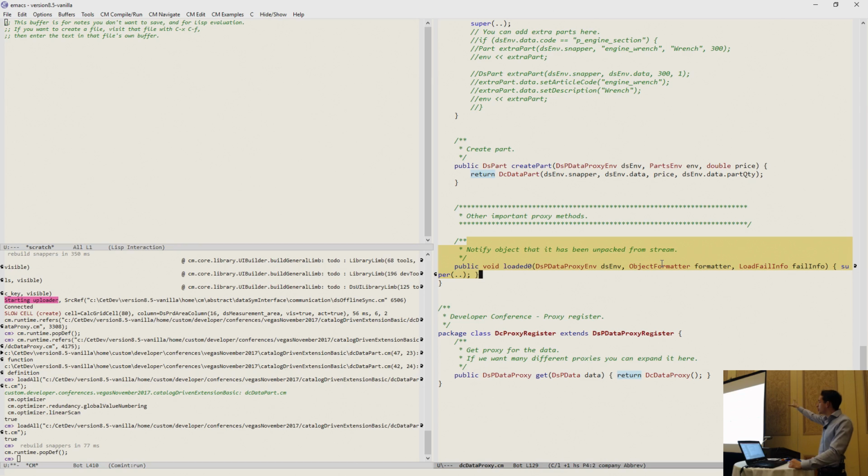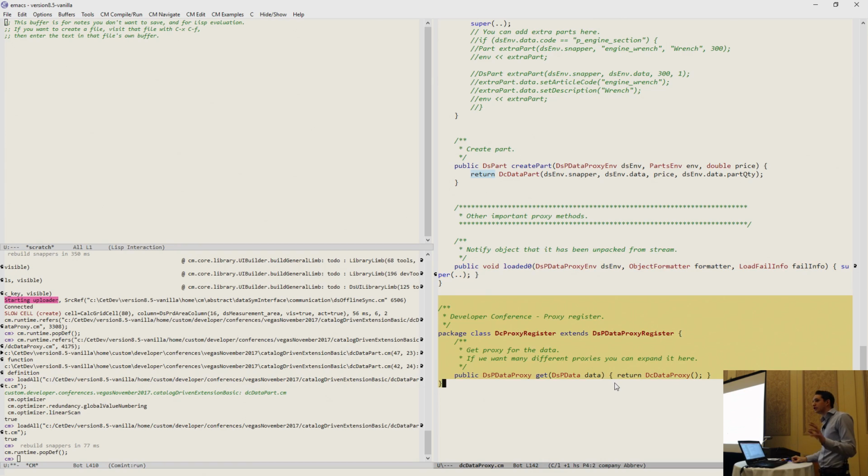To enable which proxy you should use on the DSP data, you have one of these proxy registers. You register these on a catalog basis. In our case, I've just said that, okay, which proxy are we supposed to use? Always use this proxy, but you might very well want to do some sort of structure here where you say that certain part numbers should have this proxy and other part numbers should have this other proxy. You have the DSP data here to differentiate between which one you want to use, and you can do what you want with it. But it's appended